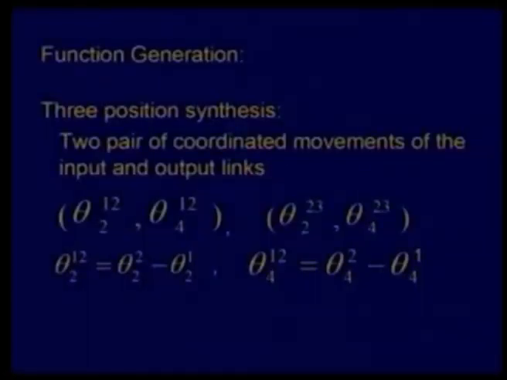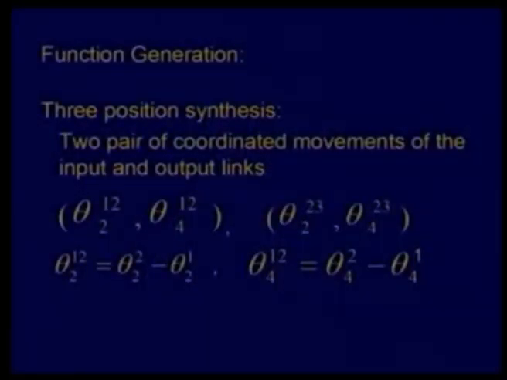Start our discussion on the third type of synthesis, that is function generation. By function generation, we mean how to maintain the specified relationship between the input and output movements. We shall take the example of a 4R function generator with 3-position synthesis. By 3-position synthesis, we mean 2 pairs of coordinated movements of the input and output links, namely